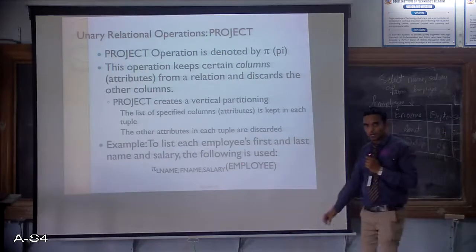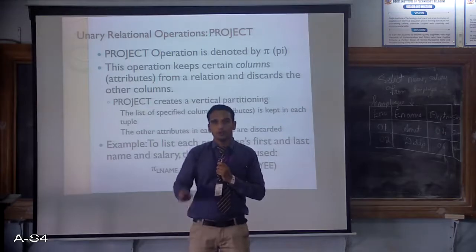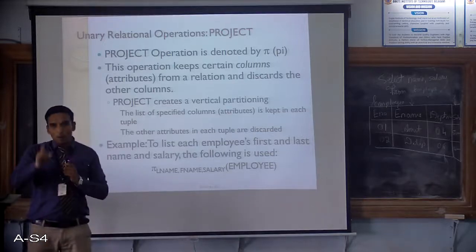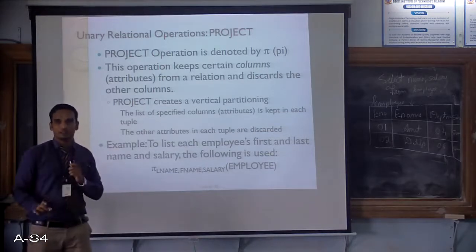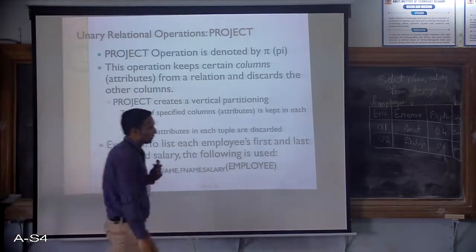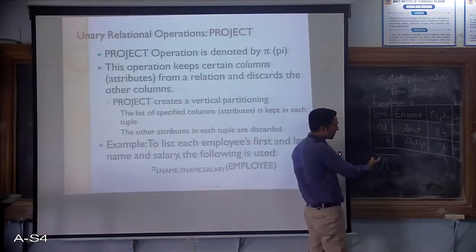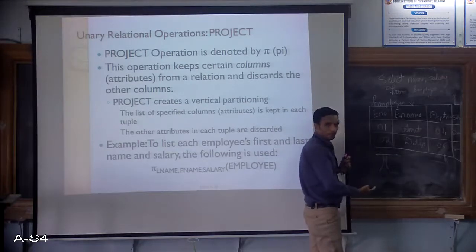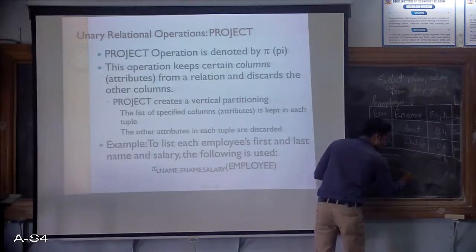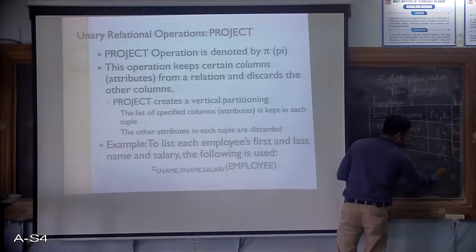Similarly, in relational algebra, when you are only interested in displaying a few of the column values, or when you want to select a few column values, we always go with the project operation. Select operation selects the rows, project operation selects the columns. That's it. So how does the project work? The project operation is denoted by pi. So for example, if I want the same thing, I'll write it like this: pi for this table, that means pi means select columns. Now which columns do I want to select? Employee name and salary. So select E name, comma, salary from employee.